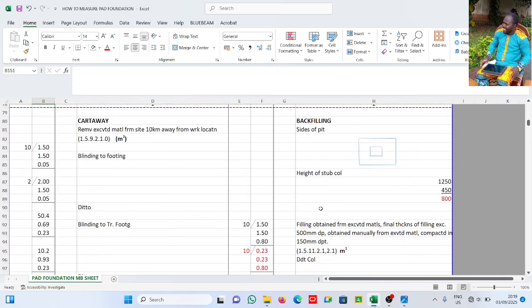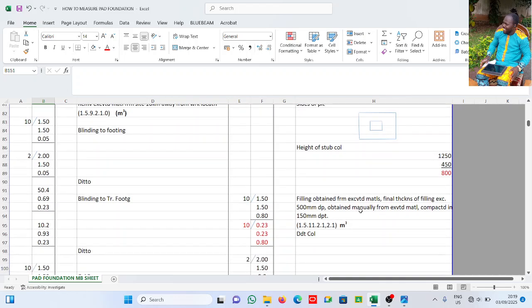Right now, why this is important, I'll tell you again. Now if I want to calculate concrete work, I don't have to start afresh, because I already calculated, just for me to go and copy and paste. Now another thing, if this was not to be an exam, right? If it was not to be an exam,